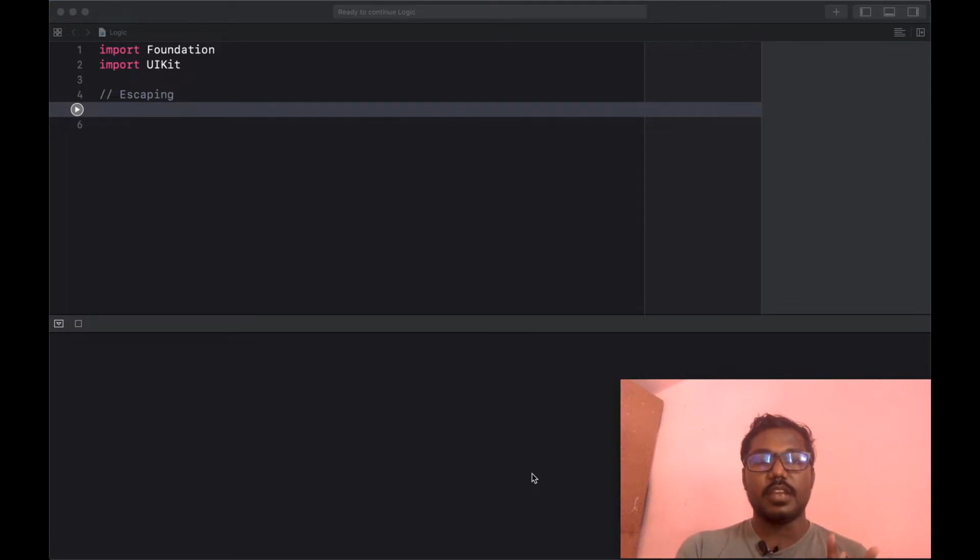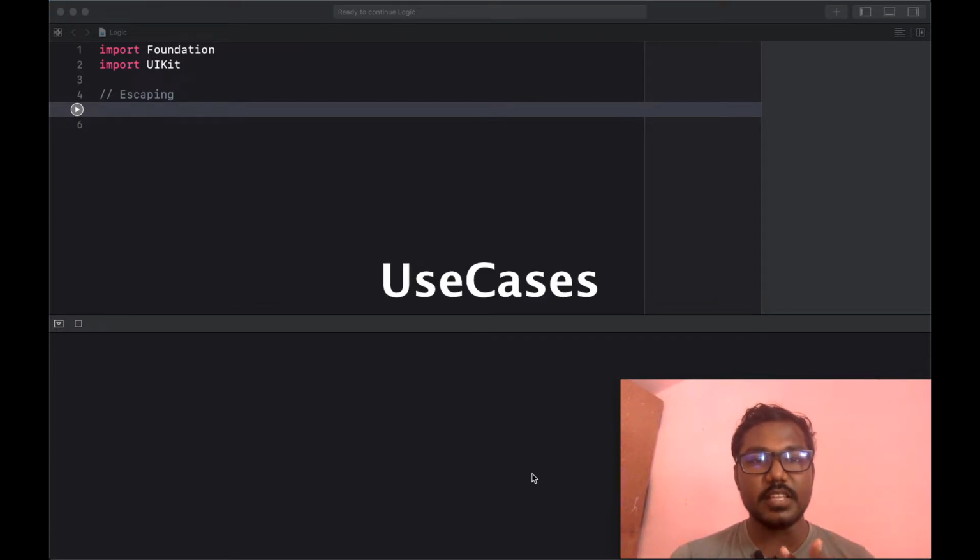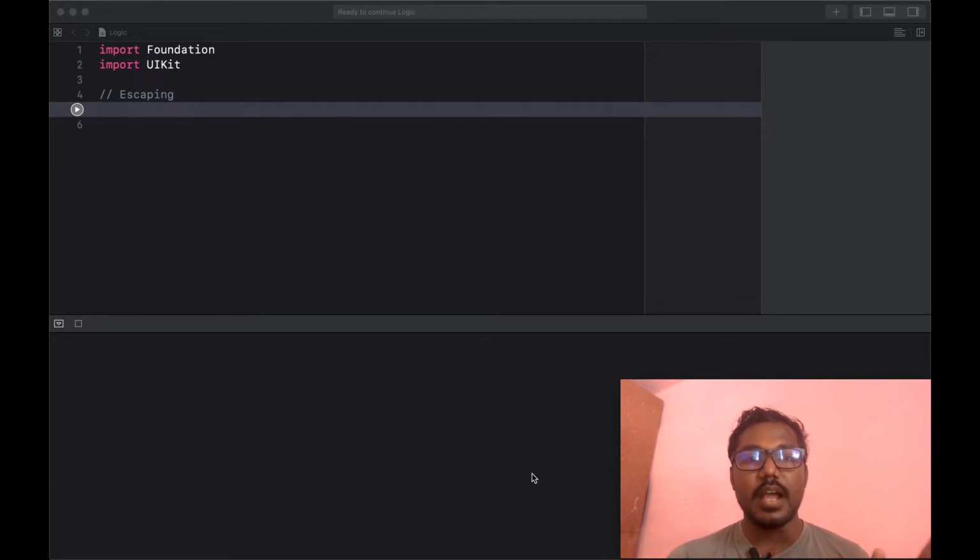Now we can discuss the closure use cases. Use cases are things like calling API functions or doing some operation to handle filtering, mapping, or retrieving from an array or dictionary. We can write logic to filter some of the items from the array or dictionary. Likewise, we can create an escaping closure so that when the operation is complete, we get the value from the escaping closure.